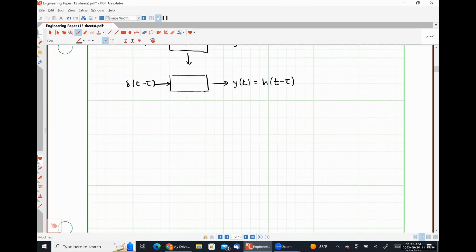Taking this one step further by applying the shifting property, if at our input we have some generic function x of tau multiplied by our shifted impulse function, then our output will be x of tau times h of t minus tau. And taking this a little bit further,